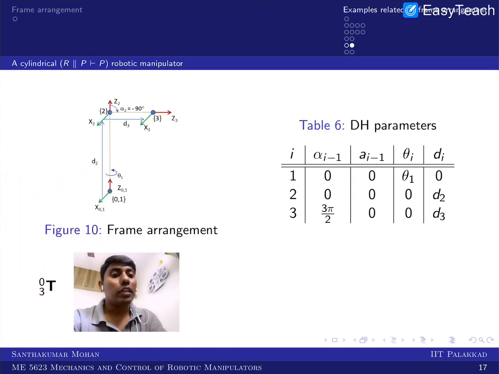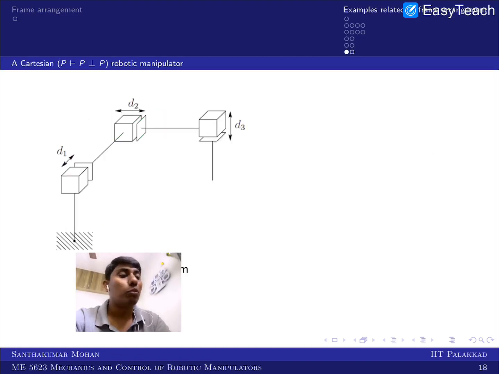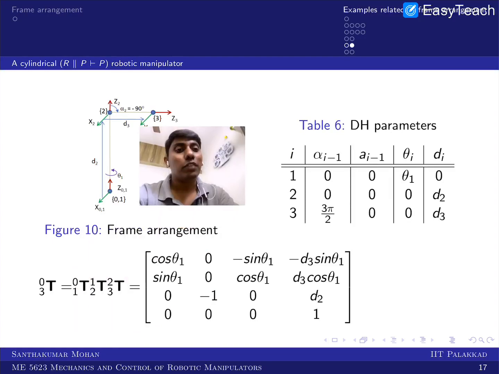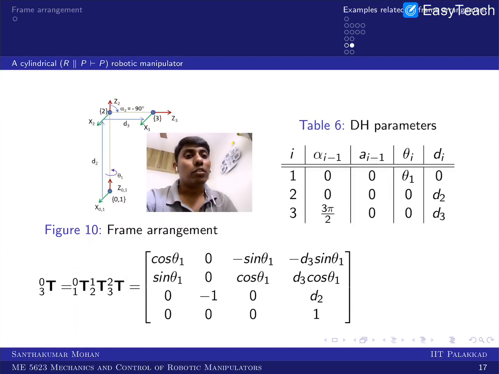So like that you can get it, and even get the individual transformation matrices, multiply them, and go forward. Okay, so now I am going a little fast, because this we can do in a discussion stage. So this is the way the final matrix comes. So now we'll move forward.